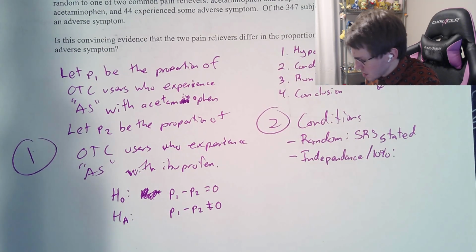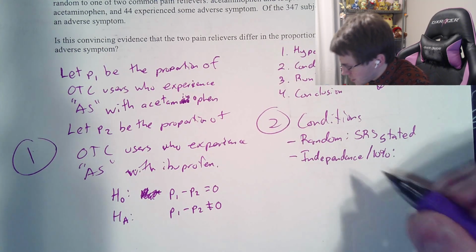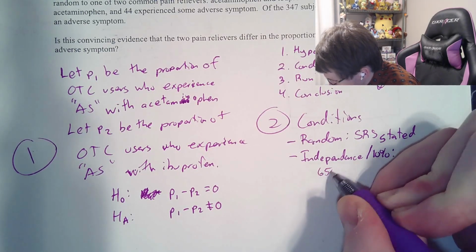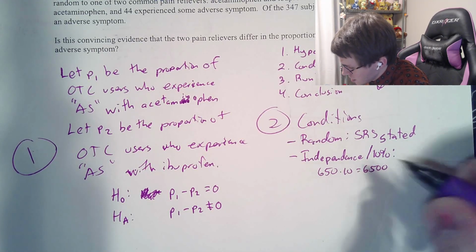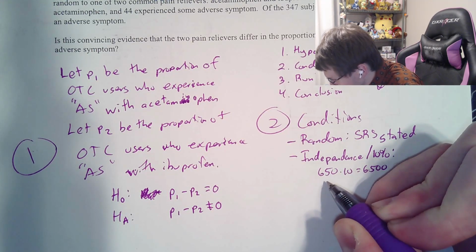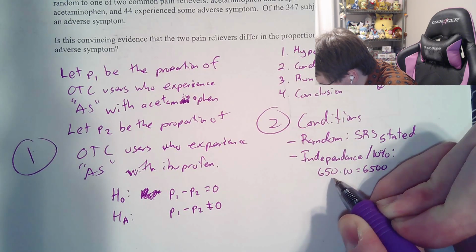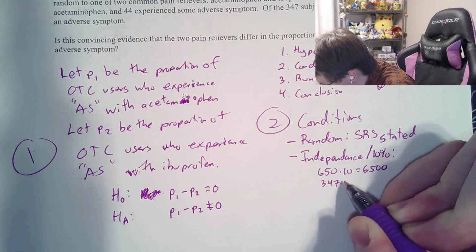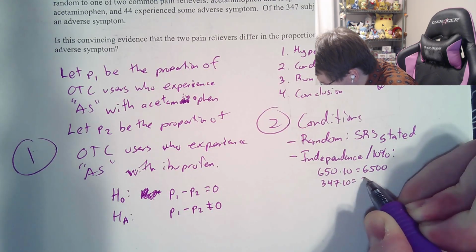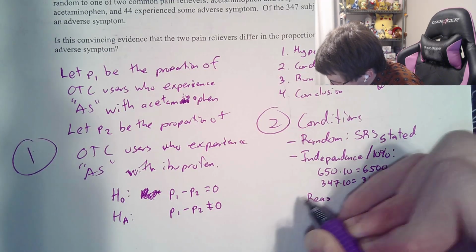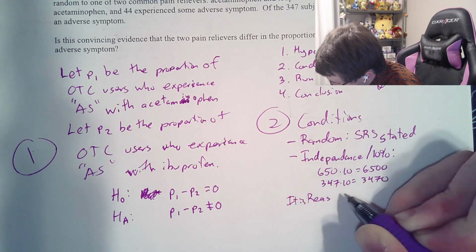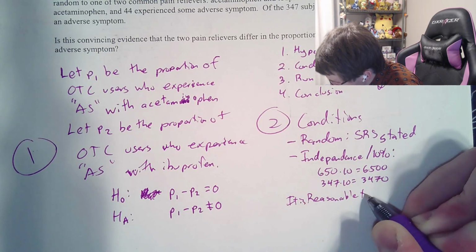The 10% condition is the fact that 650 times 10 equals 6,500, and 347 times 10 equals 3,470. It is reasonable to assume